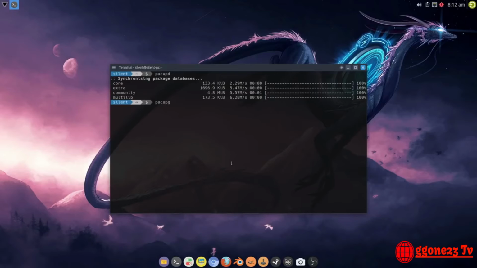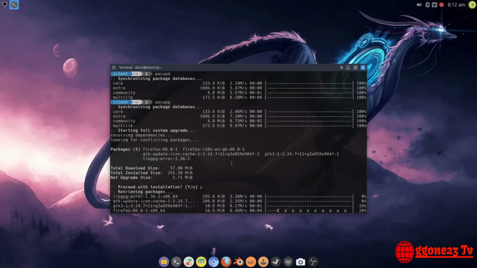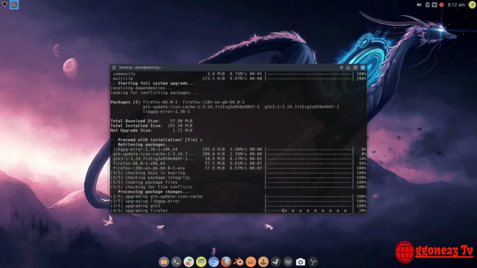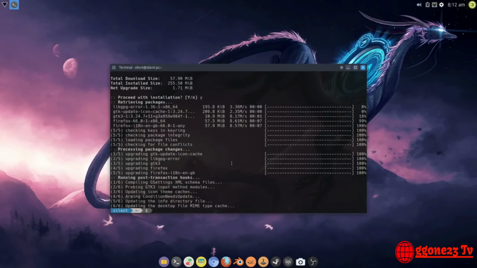So if I change that now to a G to do a pac upgrade, it will then go off. It refreshes the mirrors and tells us that there are updates to do. So I'm going to let it do those. And there's one more step after this because there are a few items which are git sourced, and so we have to use yay, and we use exactly the same terminology as we would in pacman, because yay has almost 100% parity with pacman anyway,